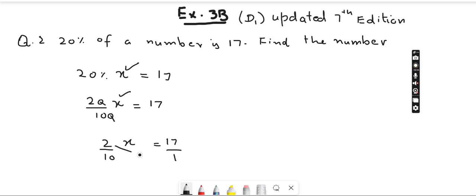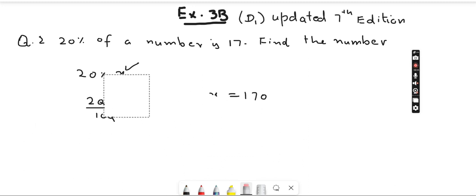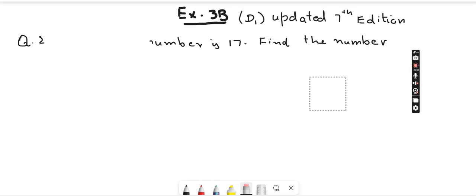Use basic rules of algebra. With cross multiplication you can easily get it. 2x is equal to 170, and x will be 170 divided by 2. It comes 85 from here. So this was A part. Now I'll be talking about its B part as well. This is even very much easy. What B part of the question says,